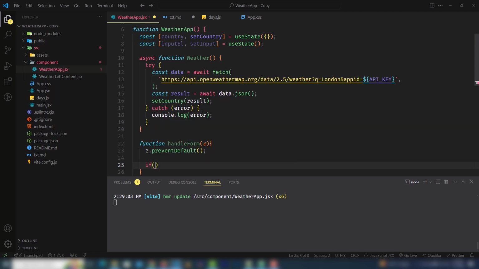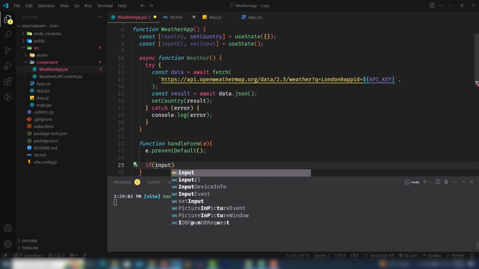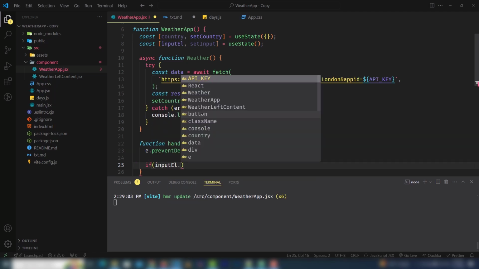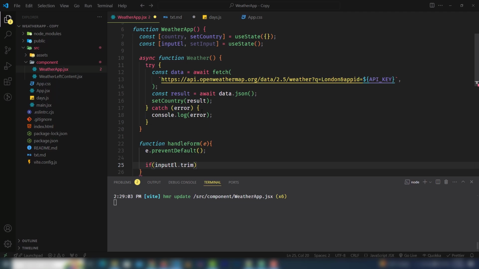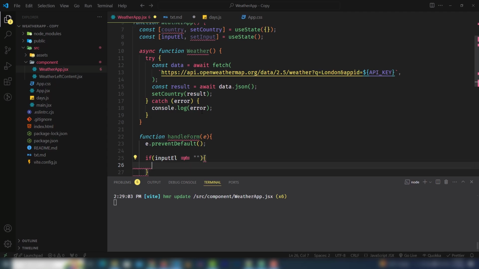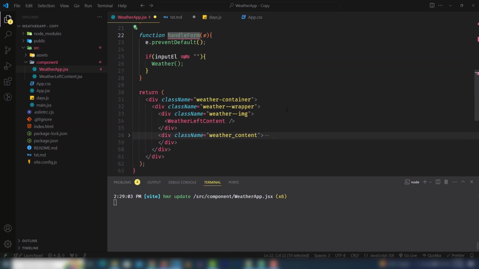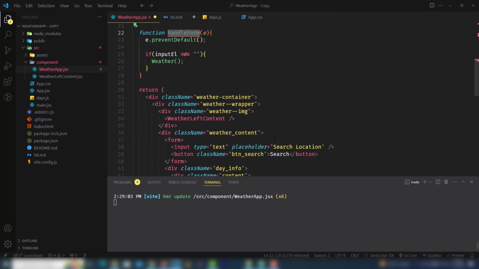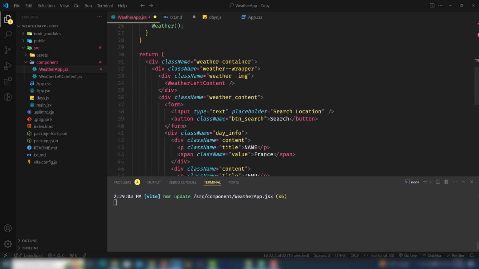and I'm going to also use a simple condition: input element .trim() to remove the space, and not equal to empty. Then I'm gonna call the function, right? And where is my input field? Like there. So in the input field you need to add the,